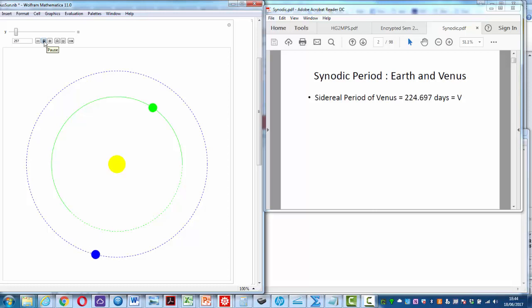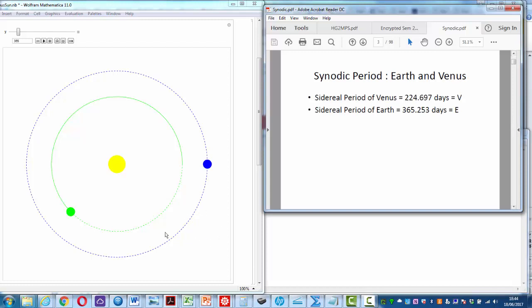So then, continuing, Venus starts on its second orbit. The Earth has completed about 3/4 of an orbit. Venus approaches the halfway point in its second orbit, and then we can see that once we get up to 365 days, the Earth has made one complete revolution of the Sun. We call this, of course, the sidereal period of the Earth, also known, of course, as the year. So the Earth has made one revolution. Venus has made something a little bit more than